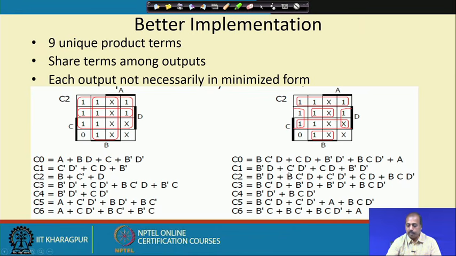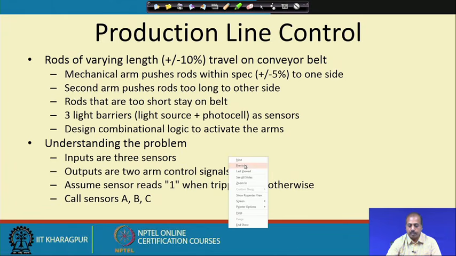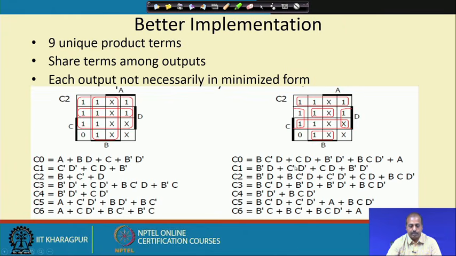So, what we do, we can modify it so that this commonality can be used. That way I will have a smaller number of terms, so fewer terms will be realized. They will share the outputs, and of course, each output is not in minimized form. You see that in this C0 it was A plus BD plus C plus B bar D bar,